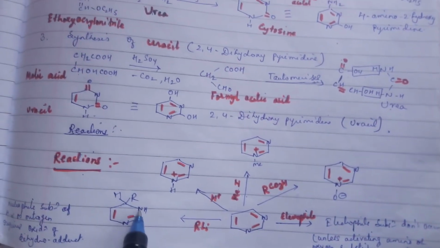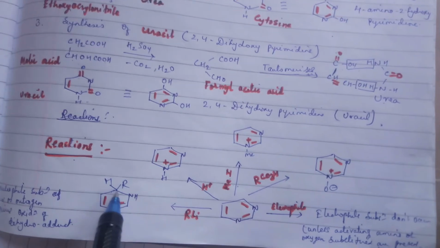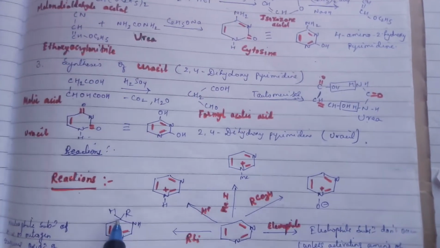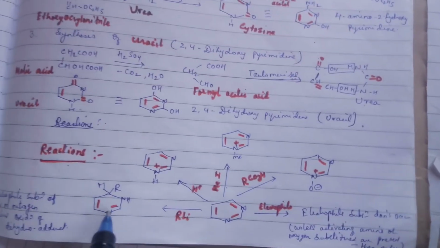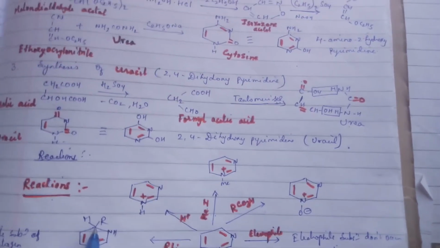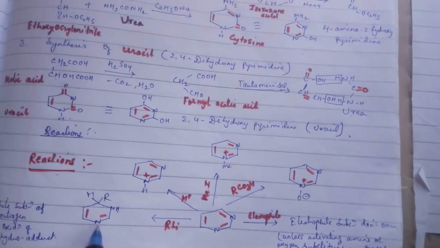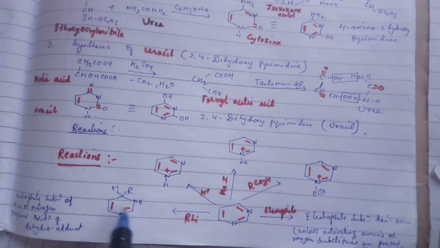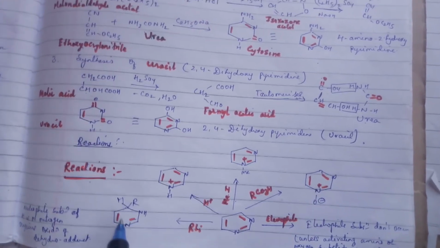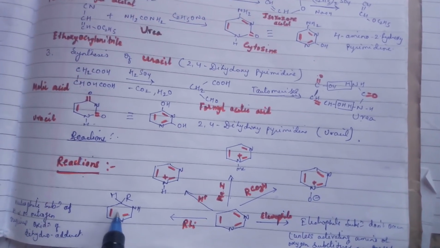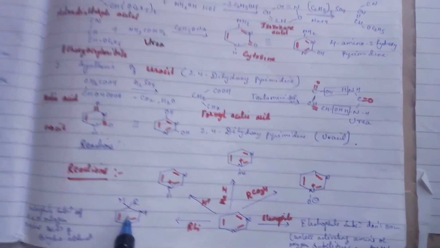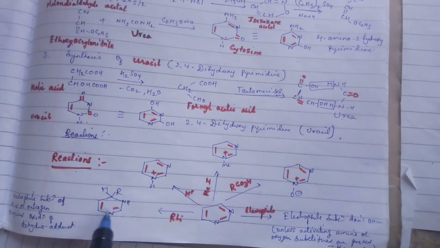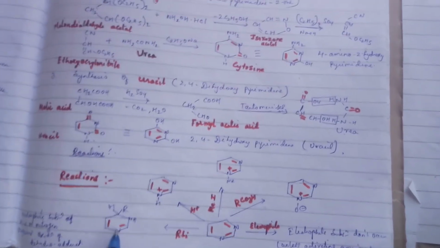a hydrogen alpha to the nitrogen occurs, this requires oxidation of the dihydroadduct. That means this dihydroadduct is formed. Now you can see this ring is not at all aromatic because only 2 pi electrons are there. So you have to oxidize or dehydrogenate this to get aromaticity. After that you will get the 3 conjugated pi electrons and the ring gets its aromaticity.